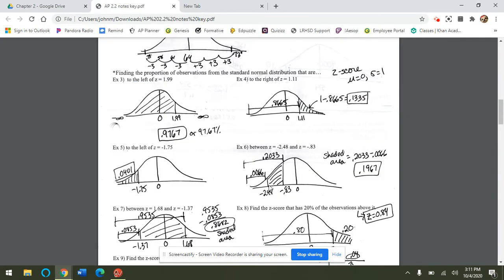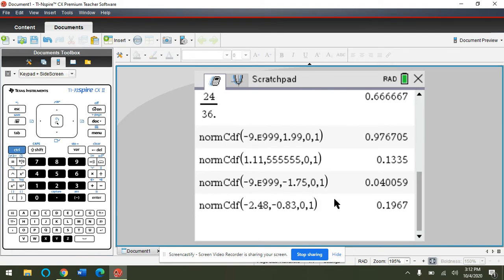You're going to look up negative 2.48. You're going to look up the area for negative 0.83. You're going to subtract those two areas like we did here and get your final answer. But if you use the calculator, it's going to handle that for you and just get you straight to the final answer. Now, the other type of problem we handled is